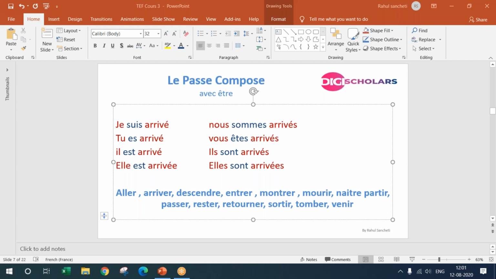Yes, it is only 14, but I know if you have read another book, some books say 16, some books say 17. I will tell you the reason also. If you say monter, this is entrer, and if you add r to it, it becomes rentrer. So that is again a derivative of this verb. In that way, someone says 14, someone says 15, someone says 16. So don't get confused. All of these verbs and the derivatives of these verbs are under the être verbs. Okay.